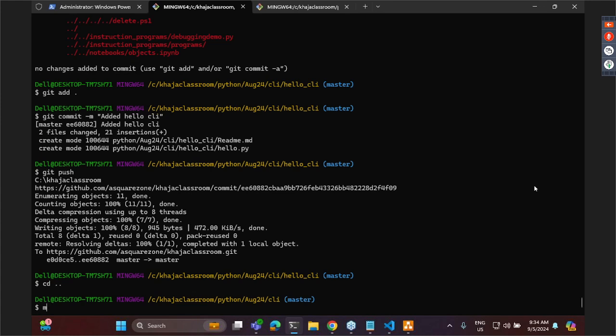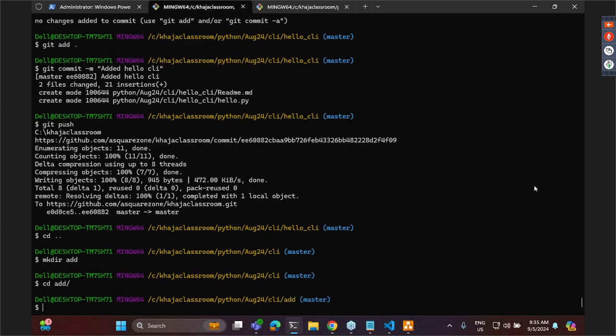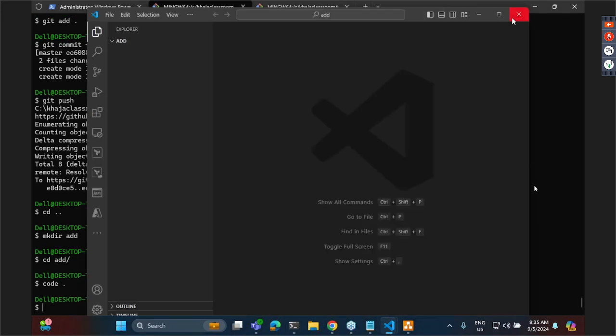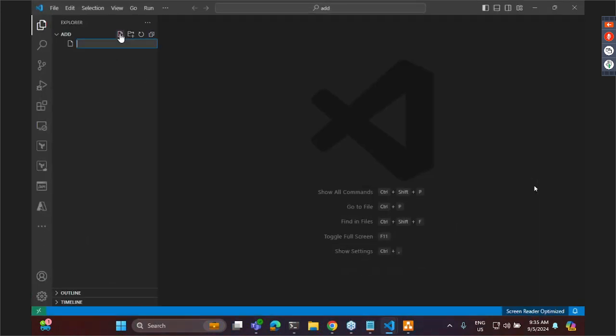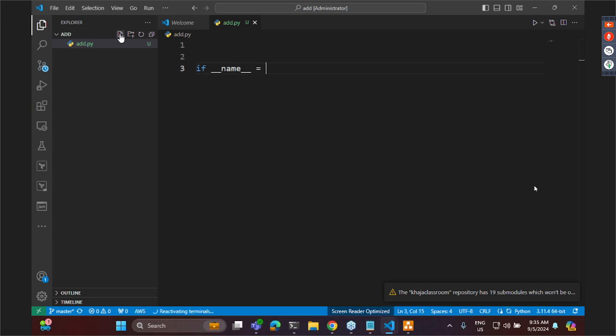Okay. cd .. mkdir, I'll call it calculator, or let me try to add itself. We'll do a better program than that. So cd add. I'm not writing readme.md, but I expect you to write readme.md. So what I have created is add.py, and if __name__ is equivalent to,